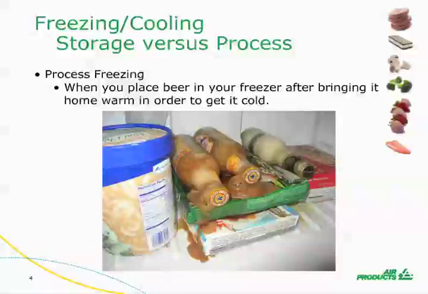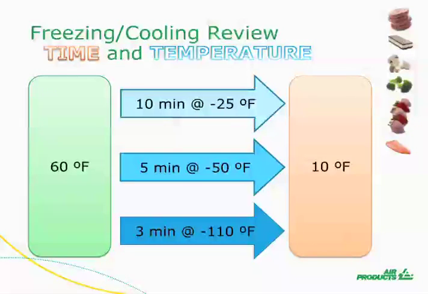Process freezers typically operate at temperatures colder than the final temperature of the food. This is like bringing warm beer home from the store that you want to drink right away. You place it in your freezer to get it cold faster. You don't really want that beer to freeze. The freezer is colder than the desired final temperature of the beer. So, we expose the beer to the cold temperature of the freezer for a relatively short period of time and temperature. Freezing and cooling food is accomplished by exposing the food to a cold atmosphere for some period of time,